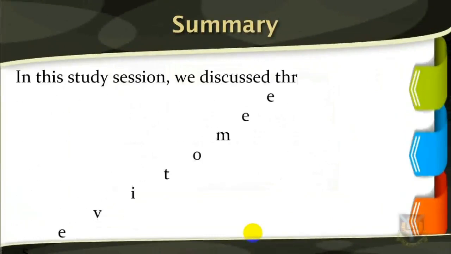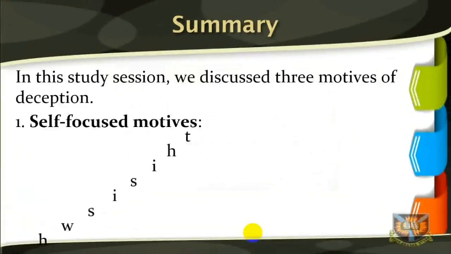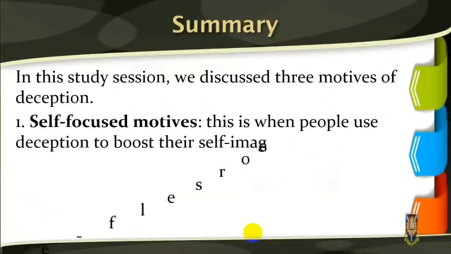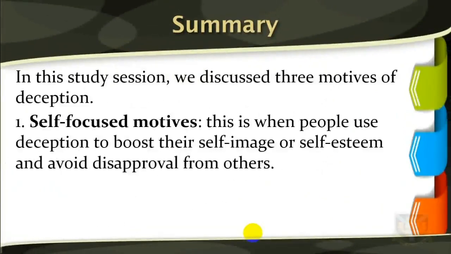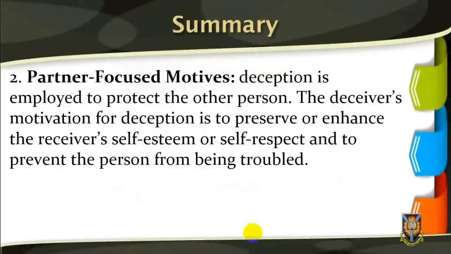Study session summary. In this study session, we discussed three main motives of deception. 1. Self-focused motives. This is when people use deception to boost their self-image or self-esteem and avoid disapproval from others. Secondly, the partner-focused motives is when deception is employed to protect the other person. The deceiver's motivation for deception is to preserve or enhance the receiver's self-esteem or self-respect and to prevent the person